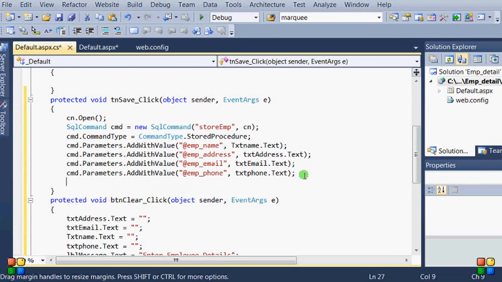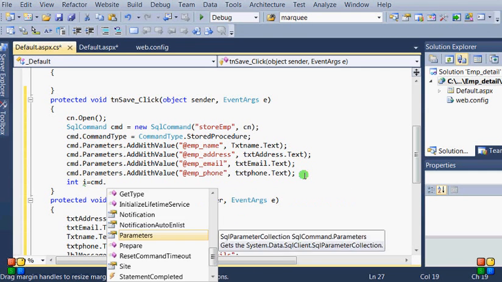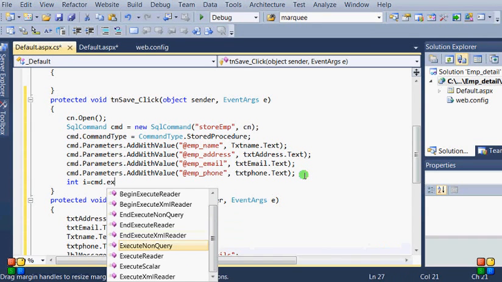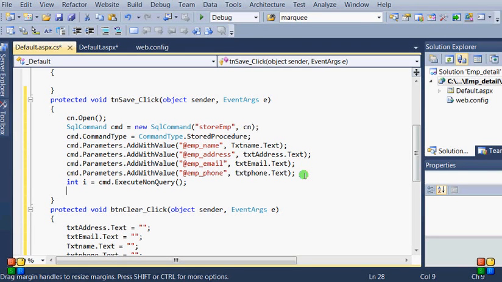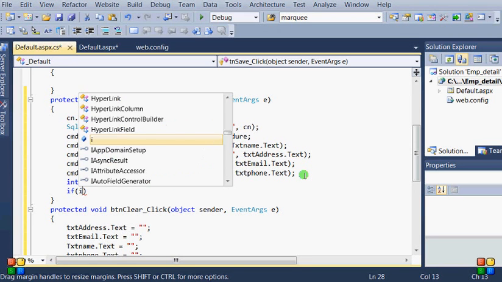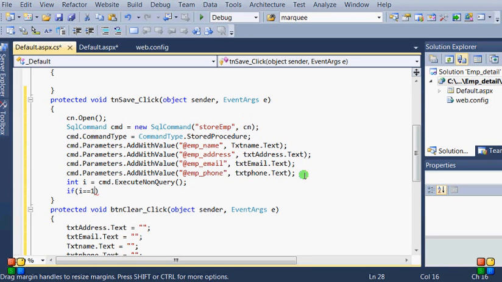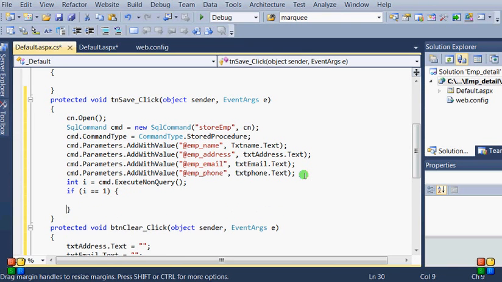Now just execute it and get the result into i with cmd.ExecuteNonQuery, because we don't need any result here from SQL Server. So we have to check whether our query, the procedure, is executed or not. If executed, we get the result as one.